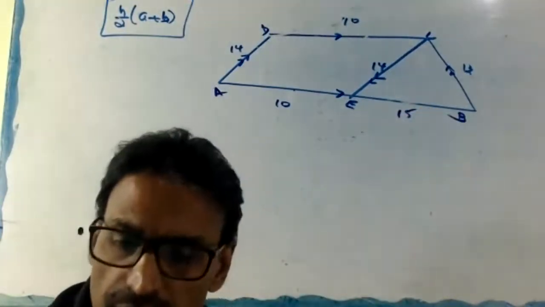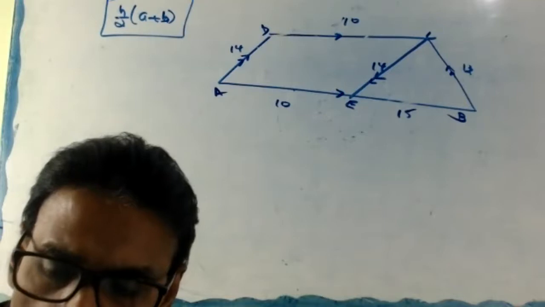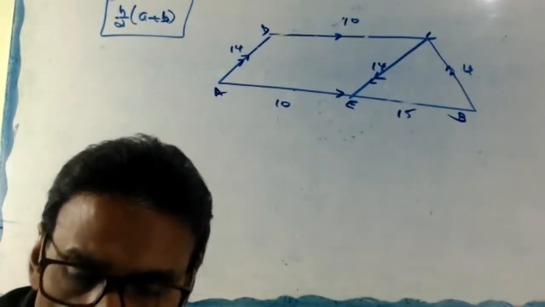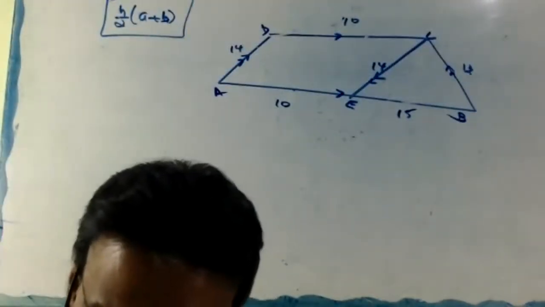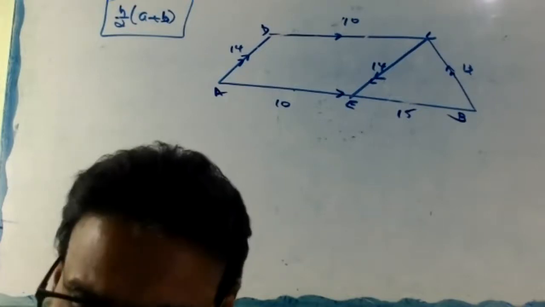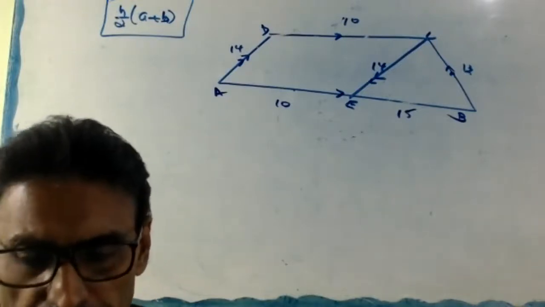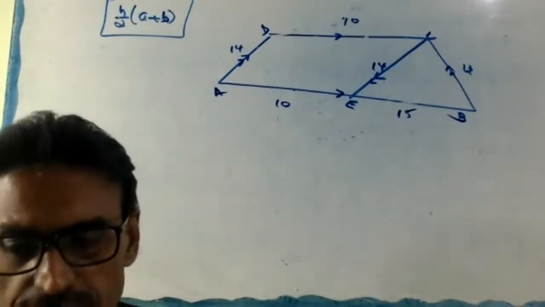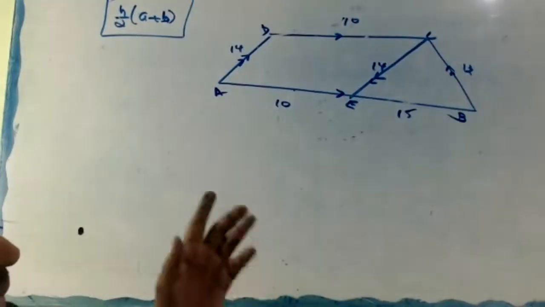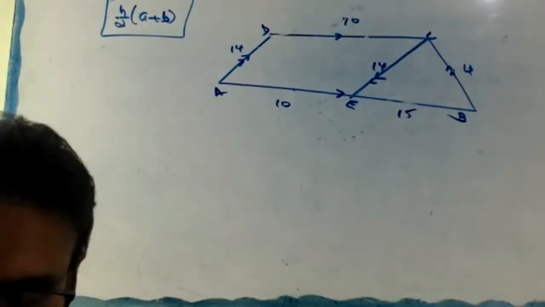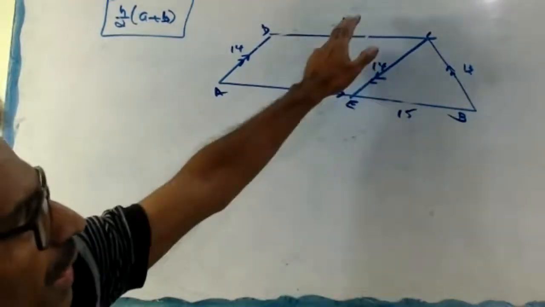Are you okay? Everyone okay or not? Or you want me to explain again? Listen here, once again. Area of a trapezium is equal to h by 2 into a plus b. H is the distance between the parallel lines, and A and B are the lengths of the parallel sides. We have A, that is 25, and B, 10.